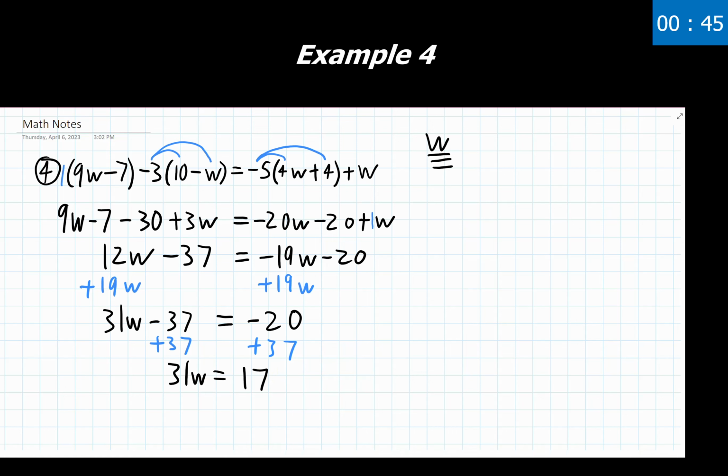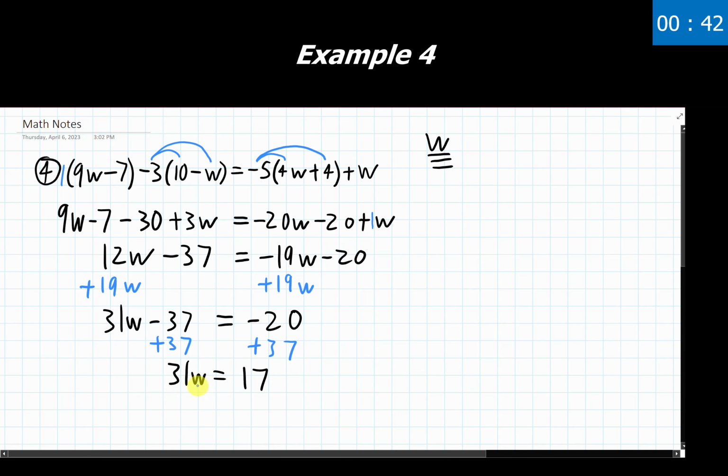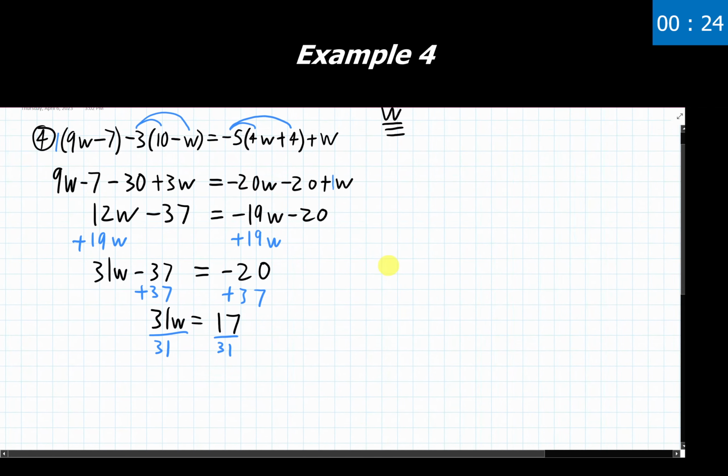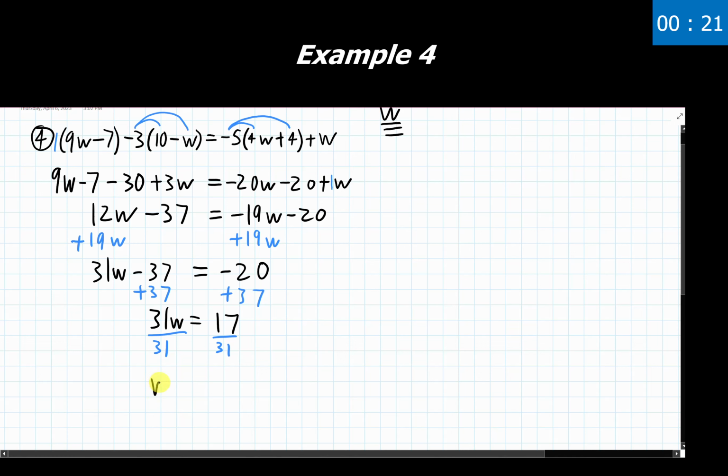And now I want to get rid of this coefficient in front of the w. So step 5 says to isolate the variable by eliminating the coefficient. This 31 is attached through multiplication, so I'm going to divide both sides by 31. So if I can zoom this out a little bit and give us some space. There we go. And I'm going to get w is equal to 17 over 31. I always check to see, can I reduce this fraction down any further? And while it's good to check for that, these are both prime numbers, so we can't divide them any further. And here we have our final answer.